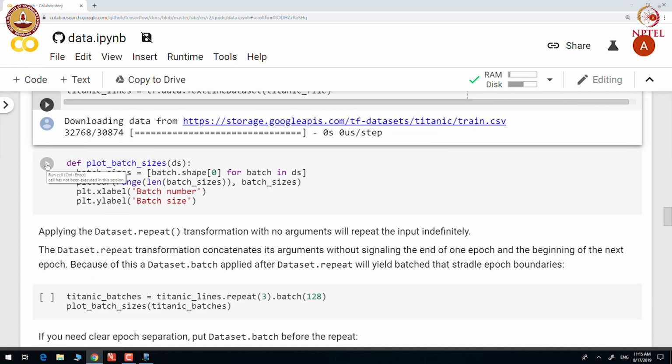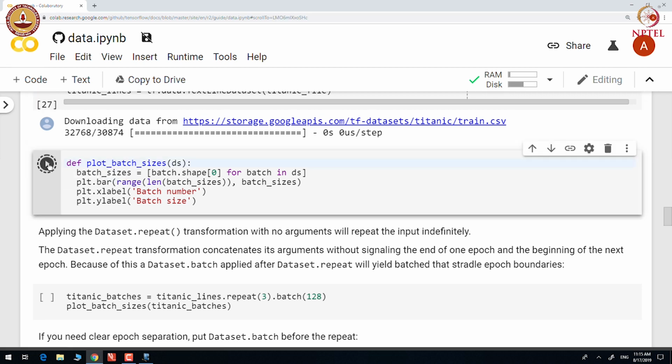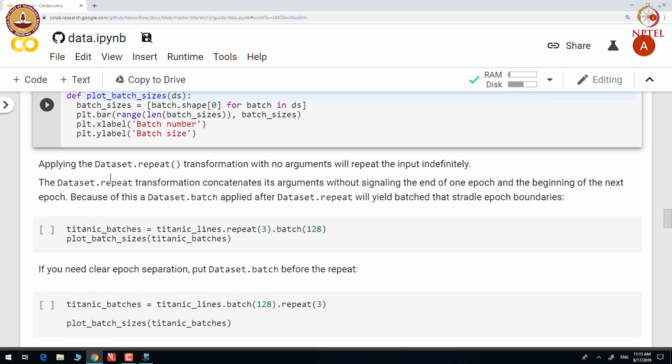We define a function to plot the batch size to understand the effect of repeat and any other transformations that we will be applying. So, we apply repeat transformation with no argument to repeat the input infinitely.